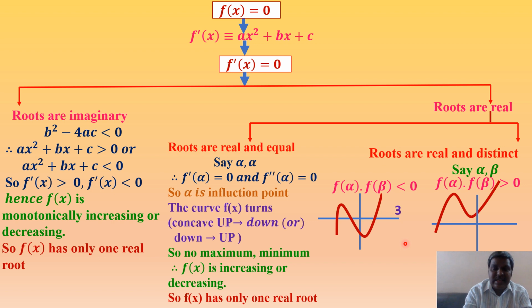That is the logic here. It intersects at only one point. Alpha and beta are what? 2 real and distinct roots for f dash x equal to 0. Even though your curve intersects the x-axis at only one point, here the number of real roots is 1. The corresponding number of real normals to the parabola is only 1. This is 1. See the logic. f of alpha into f of beta greater than 0.